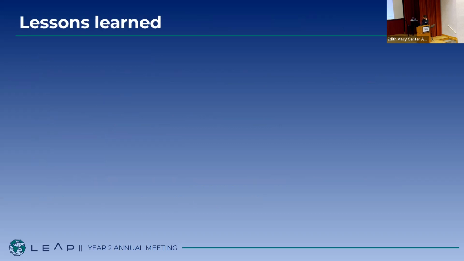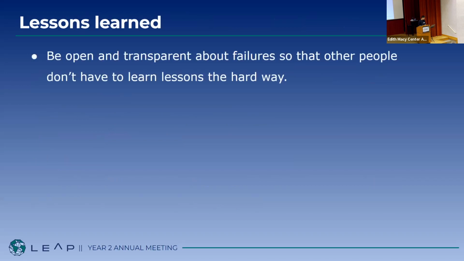So what lessons did we learn from our short discussion? The tradition in academia is to publish your successes in the form of papers and show the end result of a lot of trials and failure. But if we want to help each other out, then being open and transparent about failures is critical, because that means a lot of people don't have to solve the same failure to get to the point that you are at.